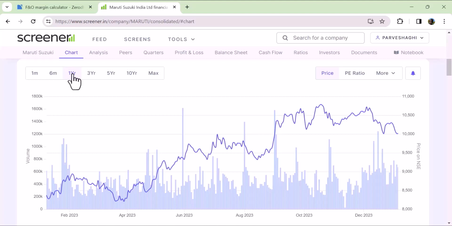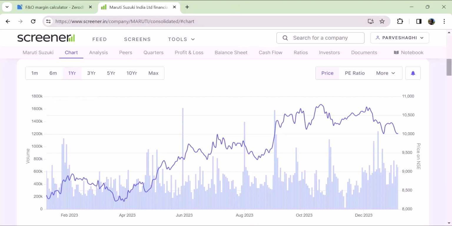It has been going up, up, up. It has gone up by almost 20% in the whole year, and then corrected by about 3 to 4%. At the bottom of the chart you find histograms, which show the volume, how many people have bought and how many people are selling. So there is a price and volume chart on your screen. Price and volume are very important in technical analysis.